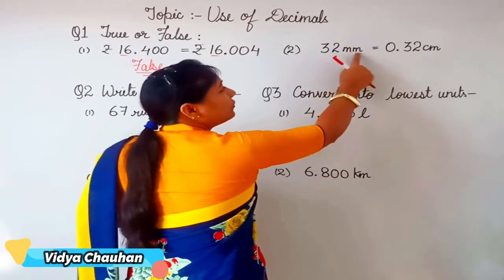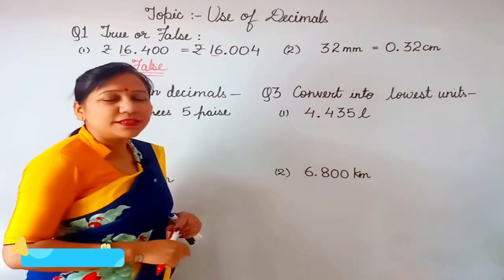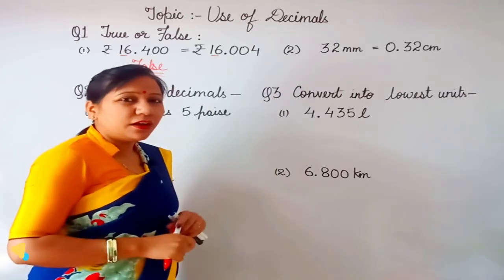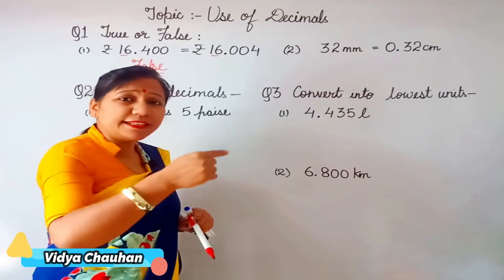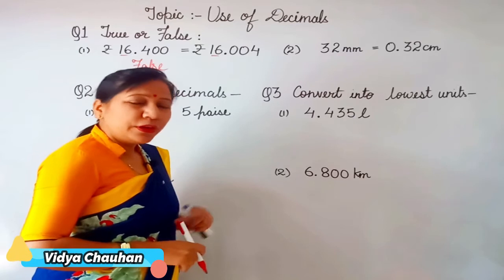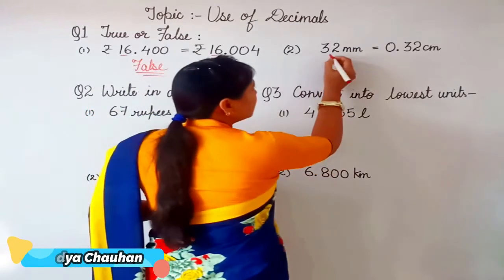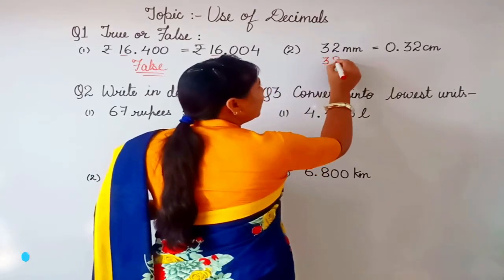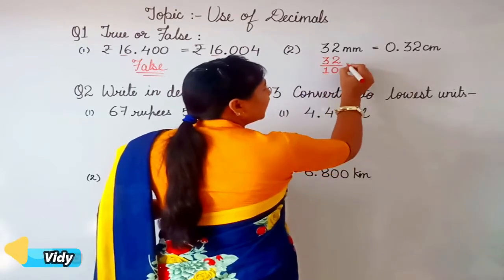I'll convert millimeters to centimeters. How many millimeters are there in 1 centimeter? On your ruler, 1 centimeter equals 10 small divisions, that means 10 millimeter. So to convert millimeter to centimeter, we divide the number by 10. That will give us